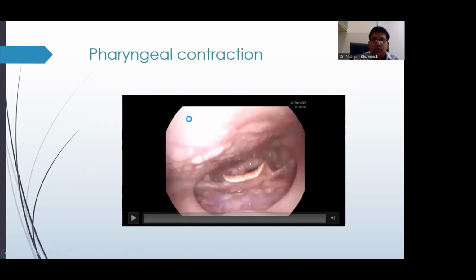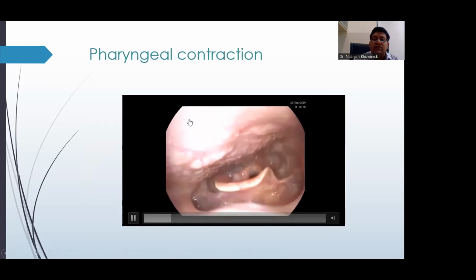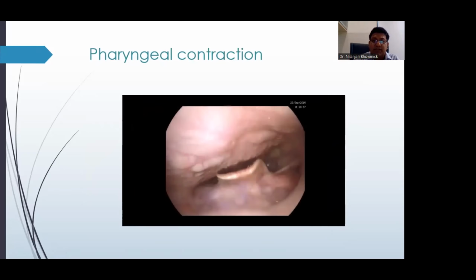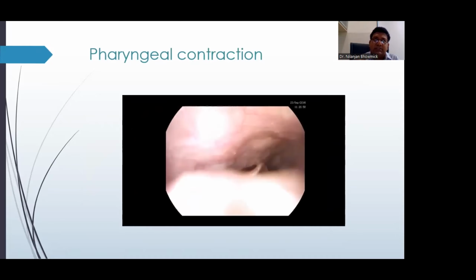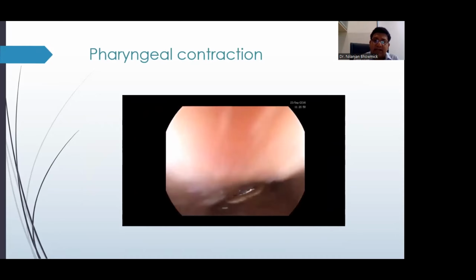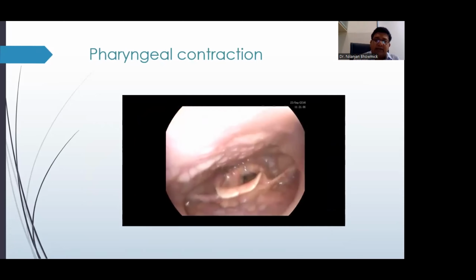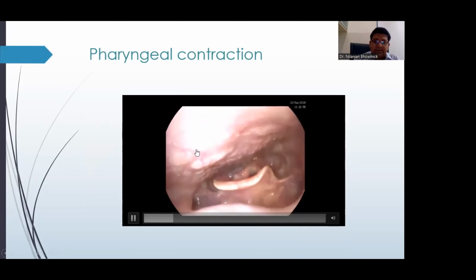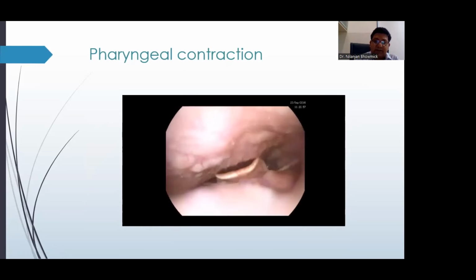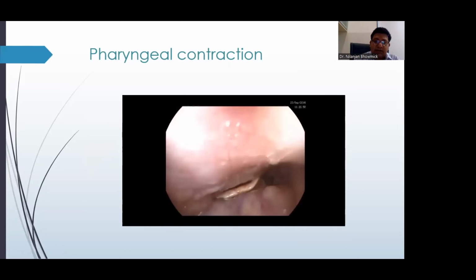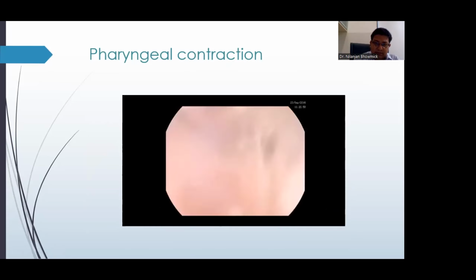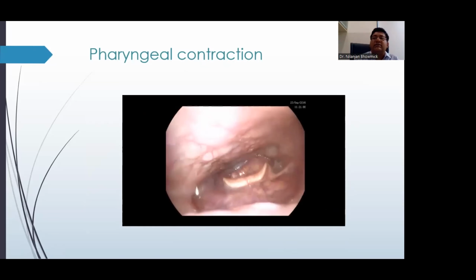Now, pharyngeal squeeze or a pharyngeal contraction is when the lateral pharyngeal walls come together and squeeze the food bolus straight into the upper esophageal sphincter and into the esophagus. This is how it appears. This is a big reason why the whiteout or absence of visualization occurs. The pharyngeal contraction should appear exactly like this. You see the lateral pharyngeal walls, and you'll see them slowly coming together. And that's that.